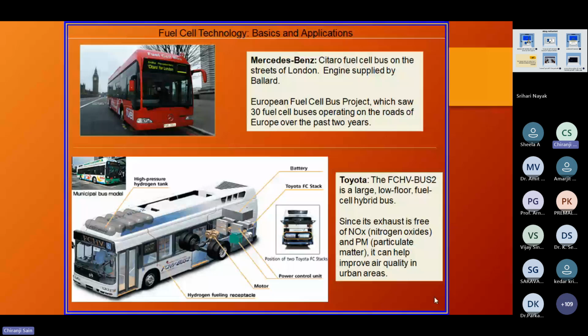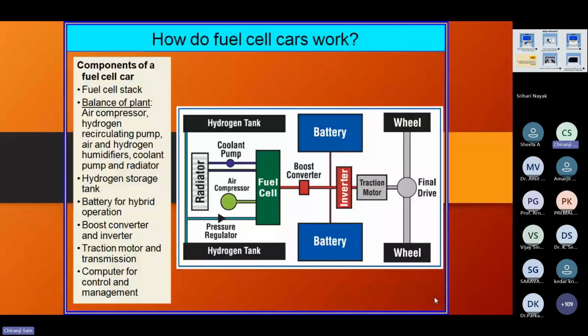Here in this particular technology, how the fuel cell car is basically working, I have been trying to focus you using one particular block diagram configuration. Here you could see the hydrogen tank is basically filled with hydrogen gas at a particular pressure and volume, and from the hydrogen tank, the hydrogen is provided to